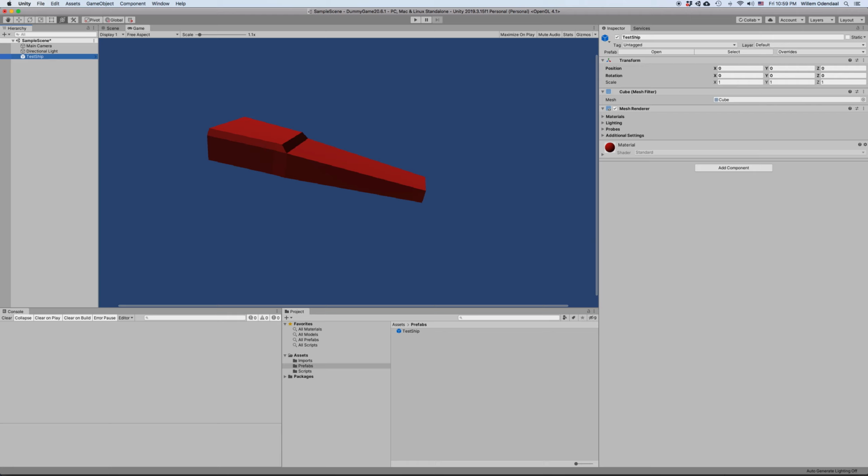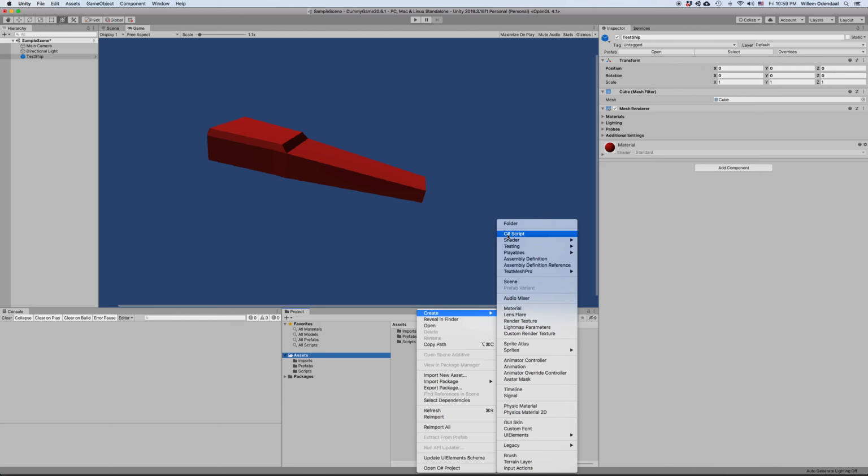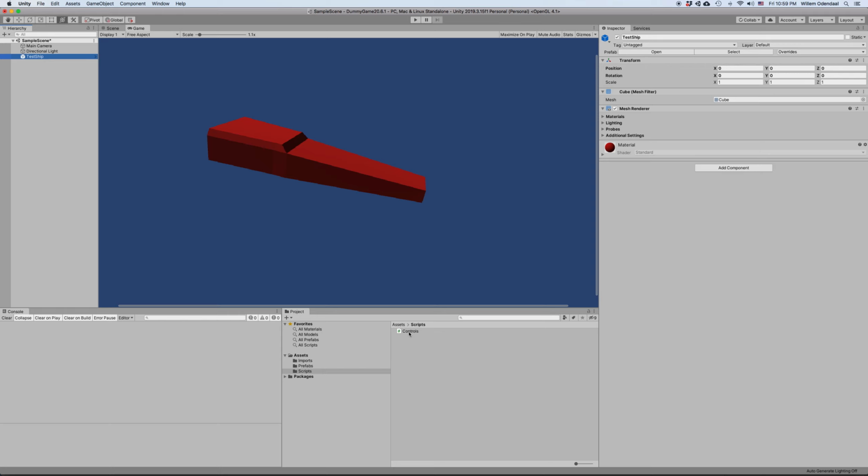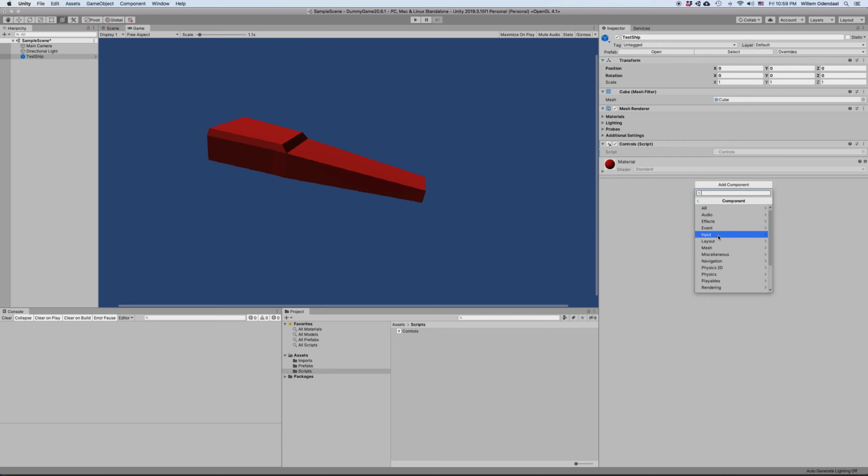If you click on this ship, it has the basic default components on it, and what we're going to be doing in this video is adding the new player input component as well as a script onto this. So the first thing that I want to do is go to your assets folder and create a C# script. I pulled it into my scripts folder and I called it controls. And once you've created that, you don't have to change anything inside of it yet, but just drag it onto your player object. In my case, it's my test ship. Or you can select your ship and then add component input,